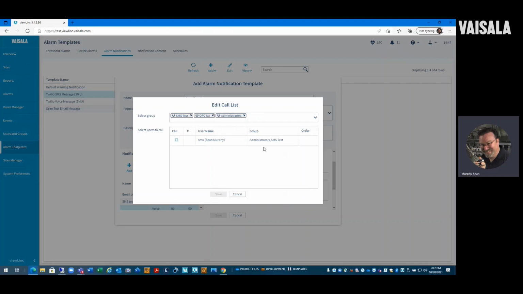Fortunately, I don't have more than one telephone number on here, so this is actually not a great demonstration. But when you add different groups on here, it'll start populating with all the individual people's lists. So you'll see my name, you'll see other people who have accounts on the system. And if you click this up and down button over here, you can change the order of preference.